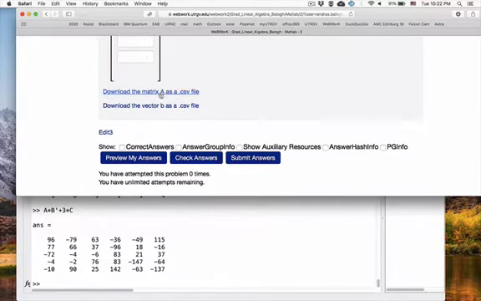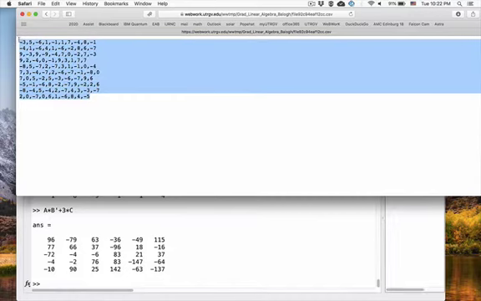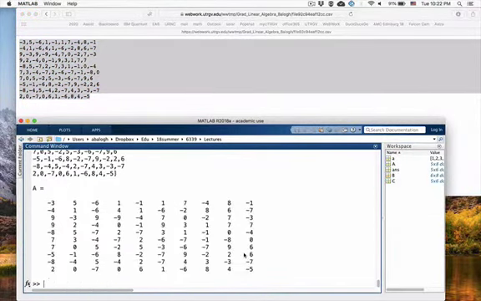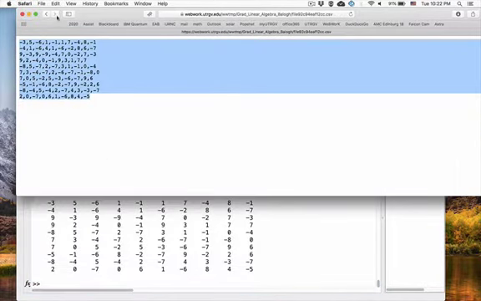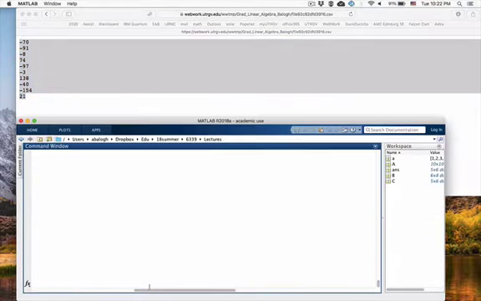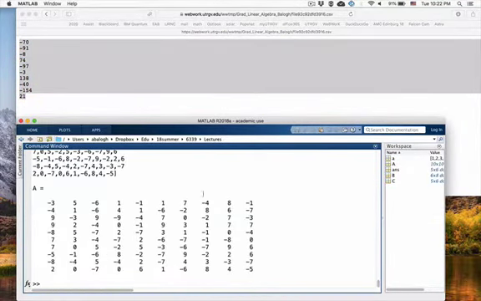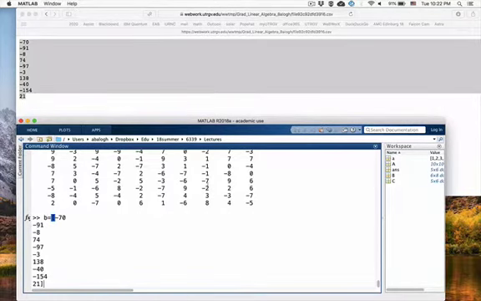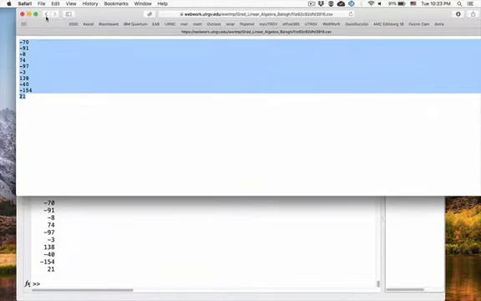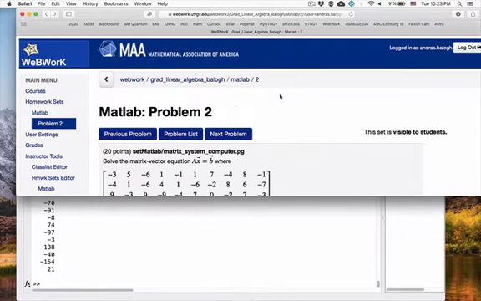First of all, let's create the A and B matrices that are given in the problem. So A equals the A matrix and then the B vector, column vector. Doesn't matter whether you use lowercase or uppercase, but the notation usually is that B lowercase letter denotes vector. So the idea is that